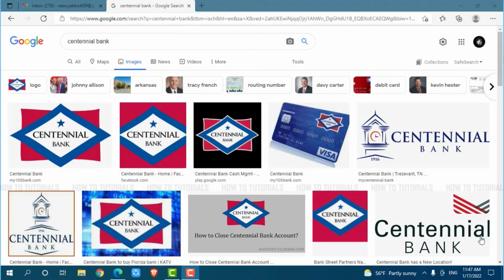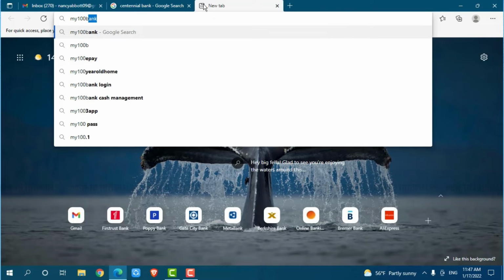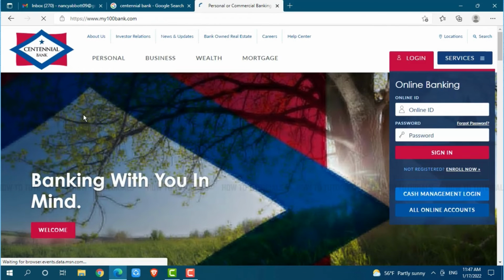First of all, you need to open any web browser on your PC as I am using Microsoft Edge for this. Now go in for new tab and search in for my100bank.com and press enter. At the official webpage of Centennial Bank, you can see the login form page at the